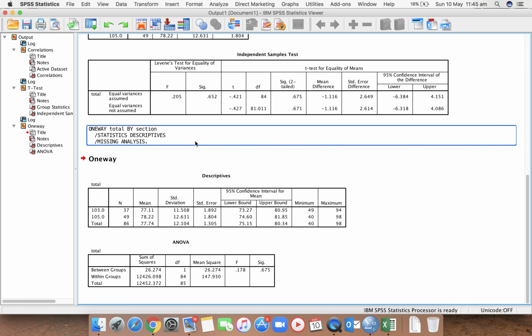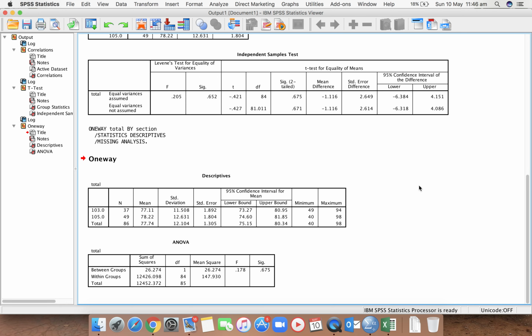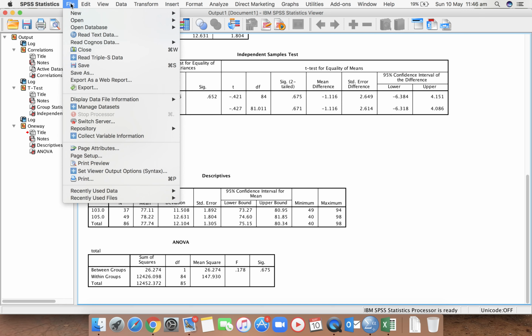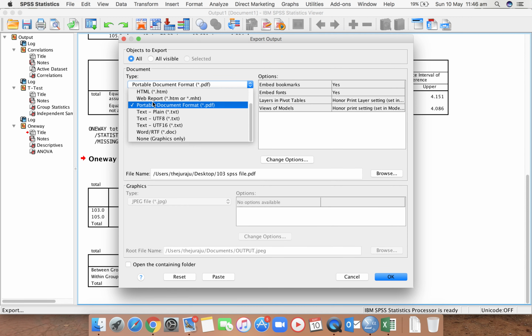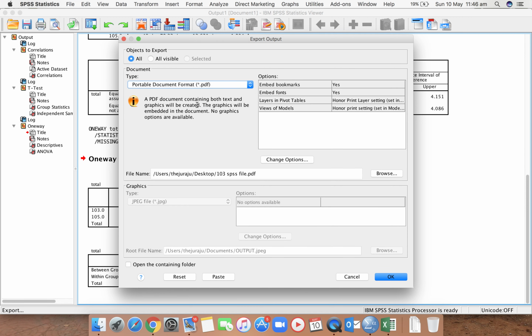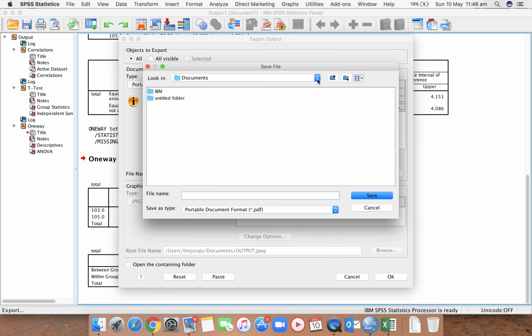Okay, and finally one important thing, how to save this report as a PDF file. Click on File, go to Export, and here make sure this is PDF format, portable document format, and choose your destination where you want to save.